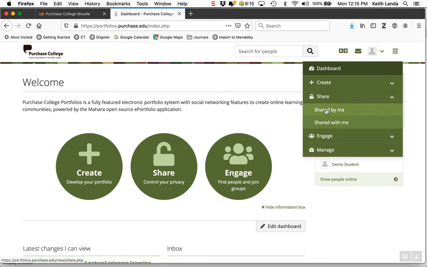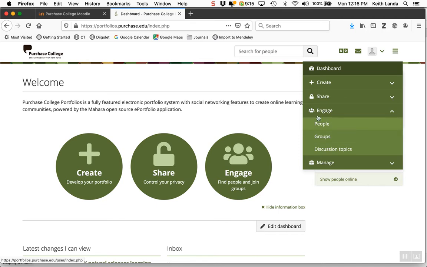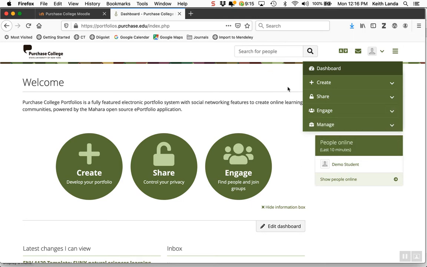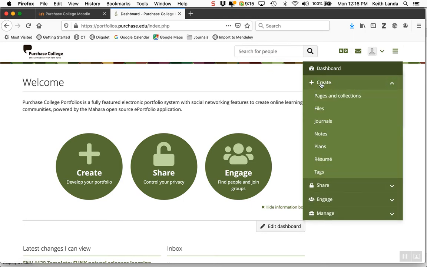Under the Share, you basically have Shared by Me, which basically is where you control how you share your portfolio pages and collections of pages out. And you can see what materials have been shared with you. And again, as I said, there are discussions, there are groups you can join, you can friend people on the system. Again, we won't be bothering with that. So either here under the Create, of course, there's a link back to the dashboard. So here either under Create Pages and